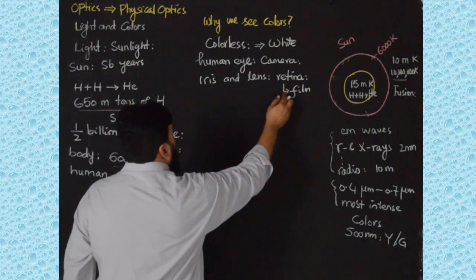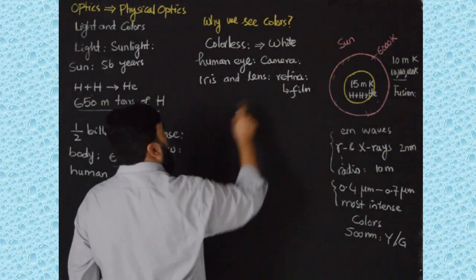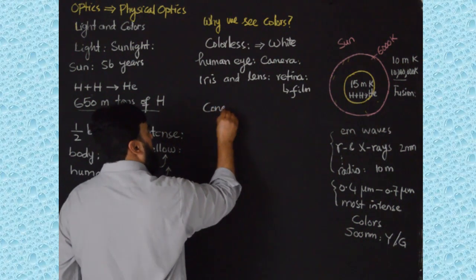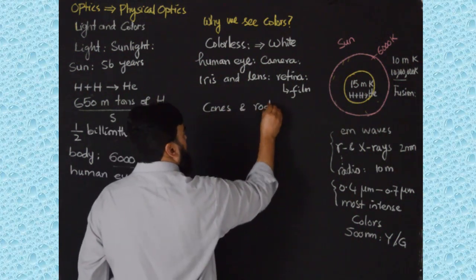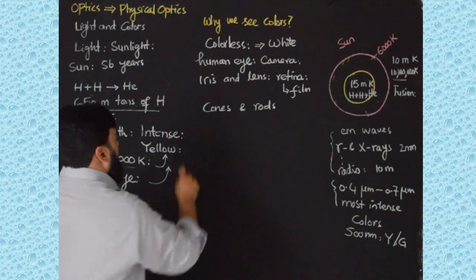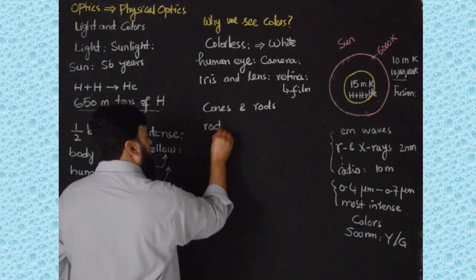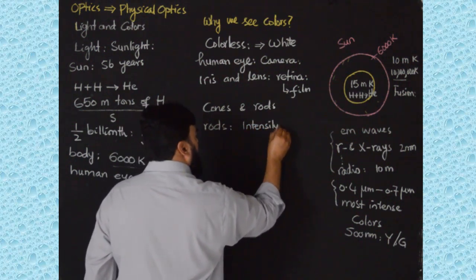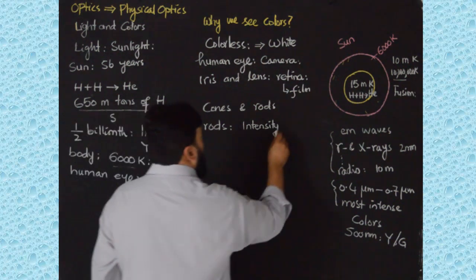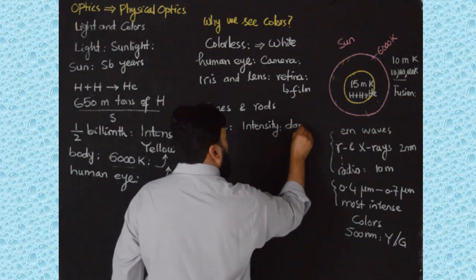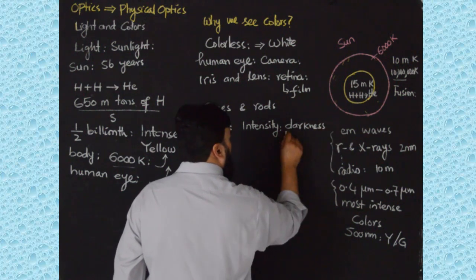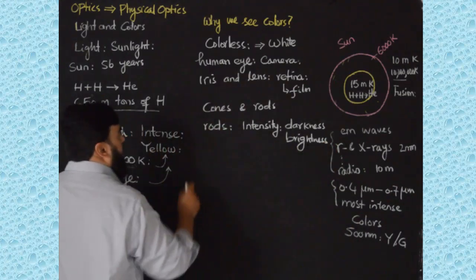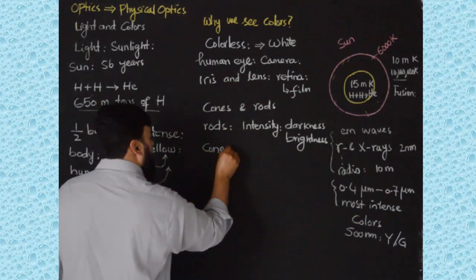Deep inside the eye, after the retina, we have cones and rods. The rods are responsible for the intensity of light. They judge the intensity of light, for example, darkness and brightness, while the cones are